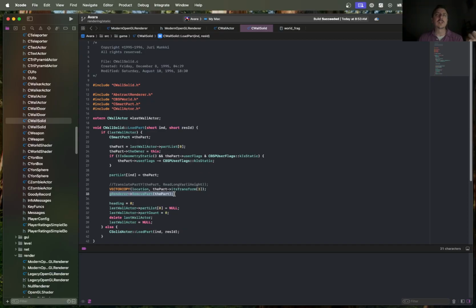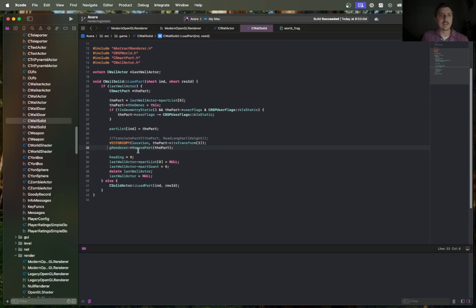from the renderer, which is up to the renderer what to do in that scenario, because previously this renderer did not have a dynamic and a static world. It just had a dynamic world for collecting parts that would potentially change over time. So yeah, it's up to the renderer to make a decision what to do when you call that function. And so what we want to do is, yes, we want to remove the previous wall part, and then